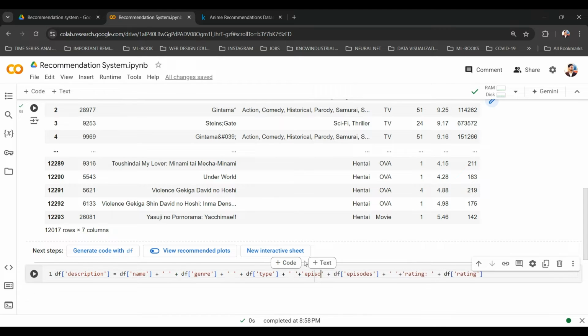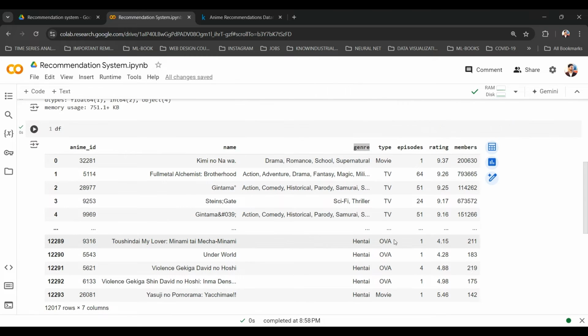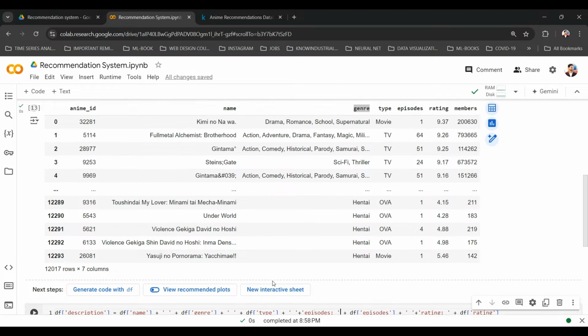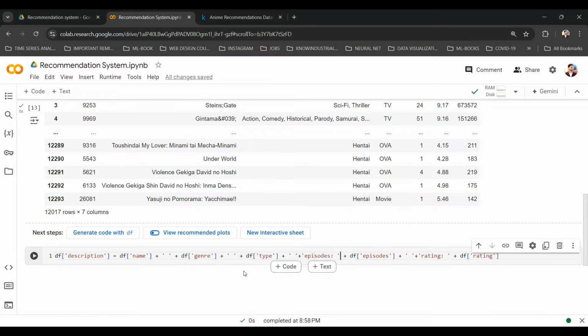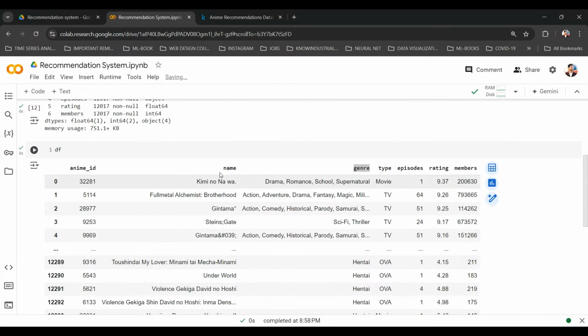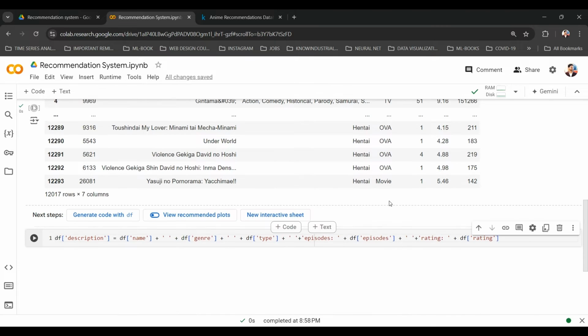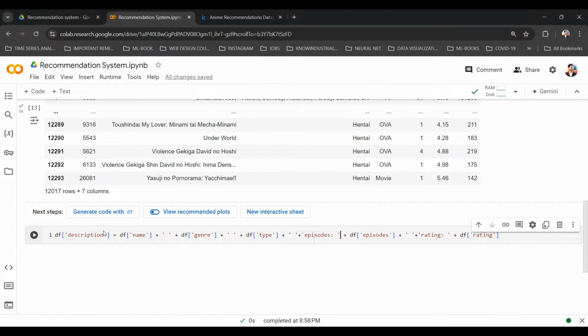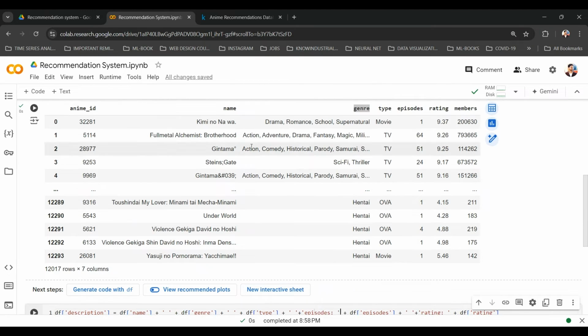So I will say episodes, and then attach the episodes to it, because in some cases I may want to ask for a horror TV series with 5 episodes or something like that. And type, yes. So we'll combine the name, genre, type, episodes, and rating for all the anime movies, and we will make a description using all these columns. These columns can all describe this movie, right?